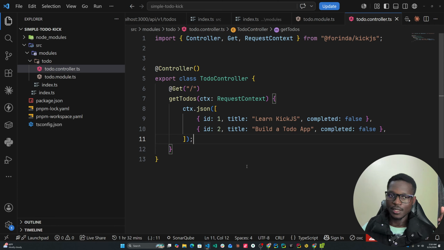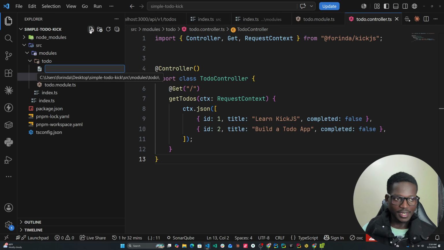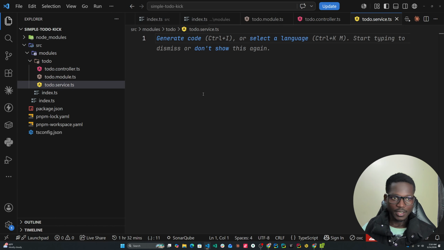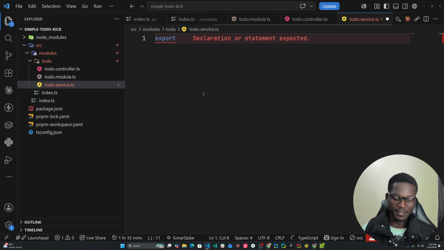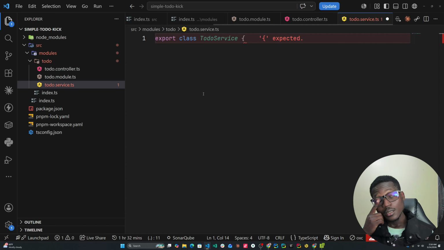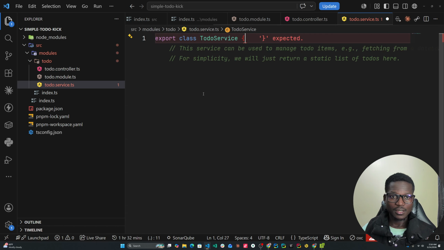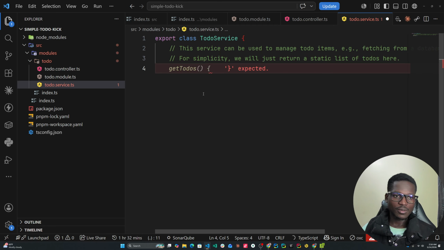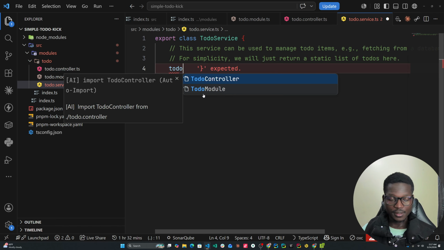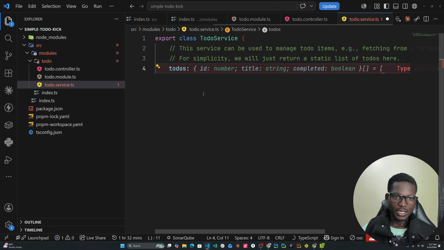So the next thing is, how do you work with, let's say, environment variables? So if I say I want to get a single to-do, let's say now I have a service here, todo.service.ts. Okay, so we'll create a service class, TodoService. So this is what it will do. So we'll have to-dos, which will be